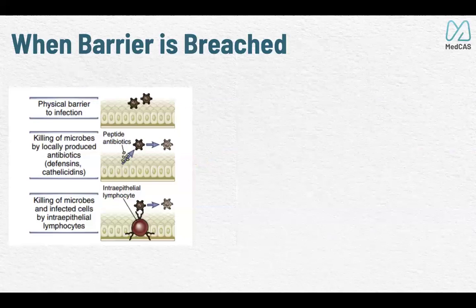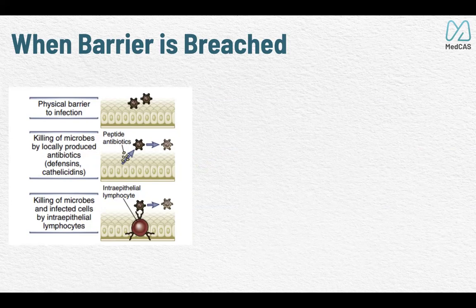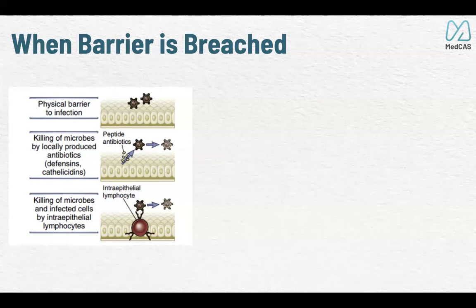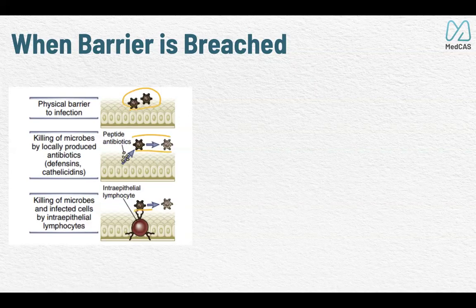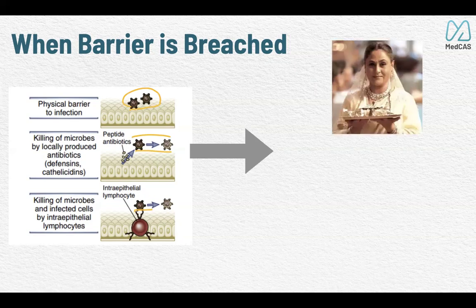Okay. So the barrier is something we discussed. There are epithelial barriers, then there are cellular barriers, then there is the gut microbiota, and then there are chemical barriers with saliva, stomach acidity, and everything, right? So these are all fighting there. There is a physical barrier to prevent bacteria or microorganisms from entering. But once it enters, what happens? We are trying to identify it.